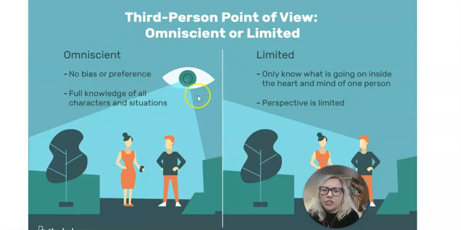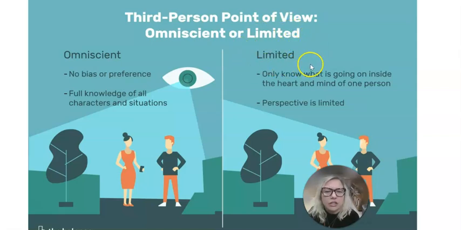In omniscience, we got that eye in the sky, right? It can get inside of his head, it can get inside of her head, it can get inside the tree's head. And it has more objectivity, not as much bias or preference, full knowledge of all characters and situations, all right? The limited third person,